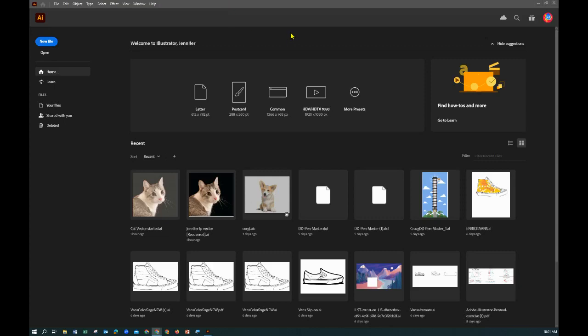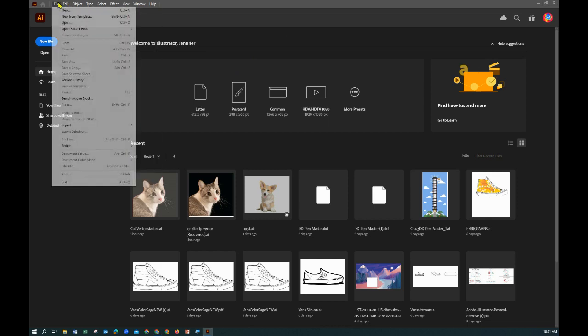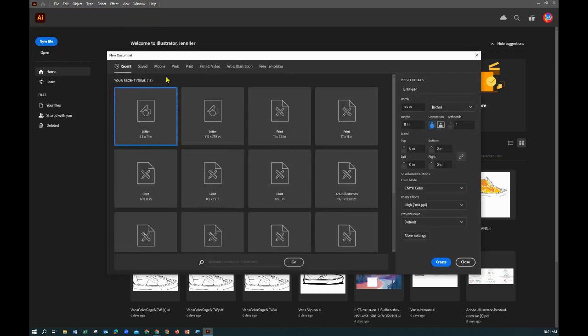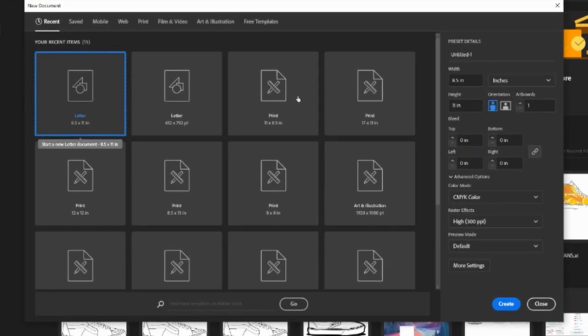To place your image into a document, you first need to create a document. To do that, you're going to click on New File over here on the left-hand side of the screen, or you can go up to File and choose New. Click on New File, and here, if your default, your most recent is letter and says inches, you can